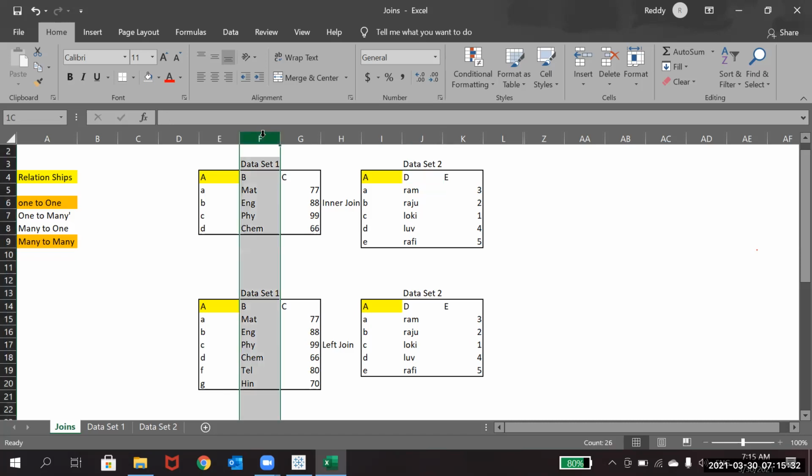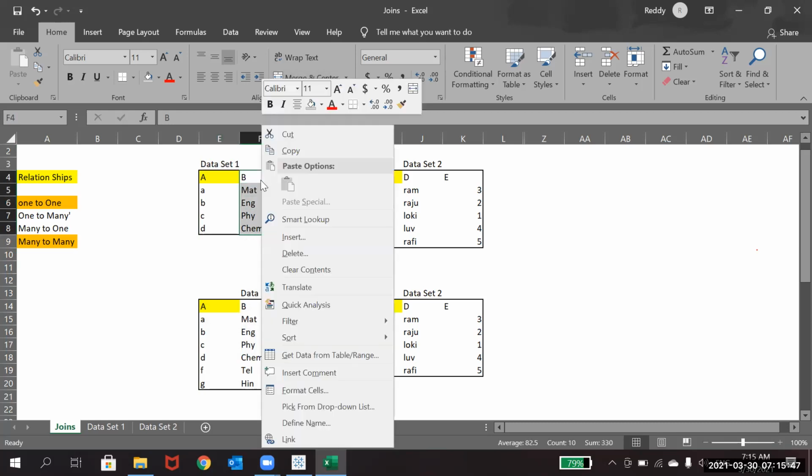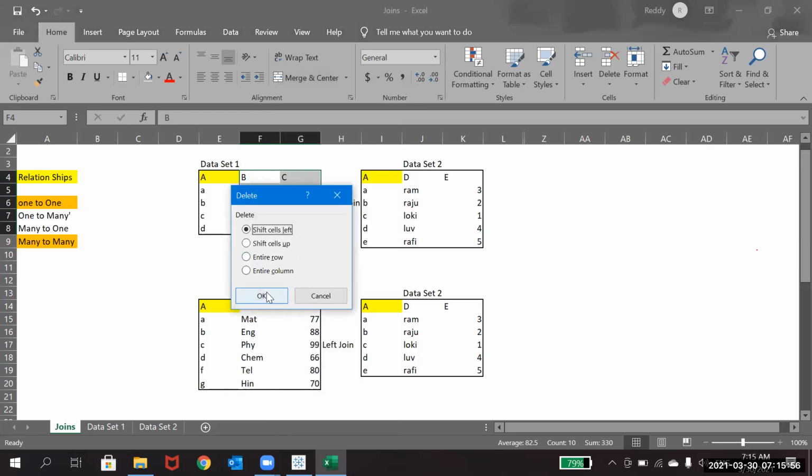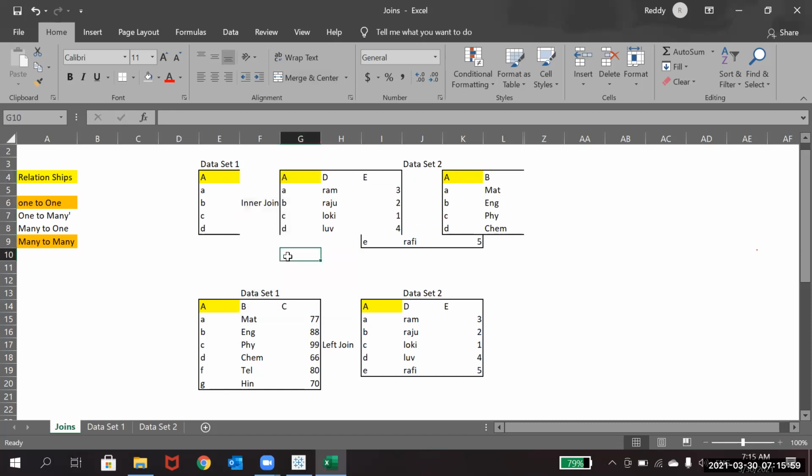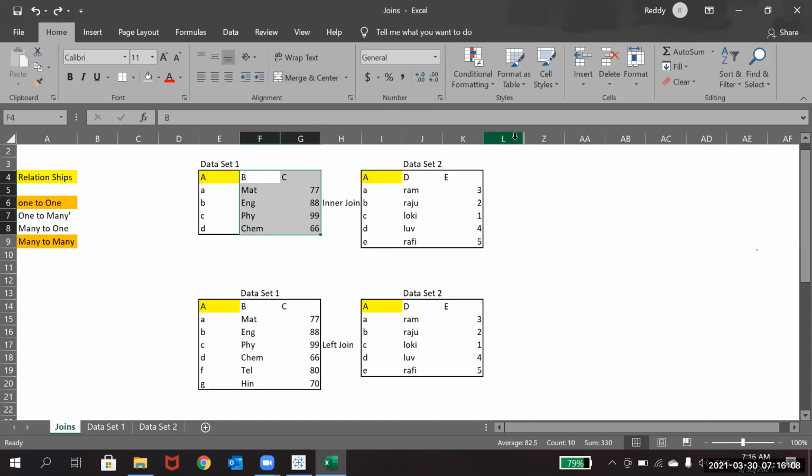Let me just do something. Okay, let me just delete. Again, we'll do Control Z. Okay, wait, what happened? Okay, let me just put the data set here, then you will understand.